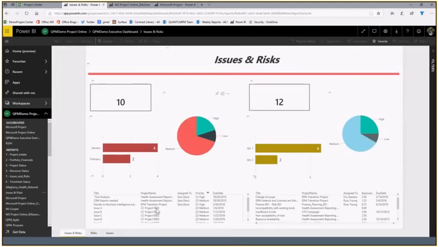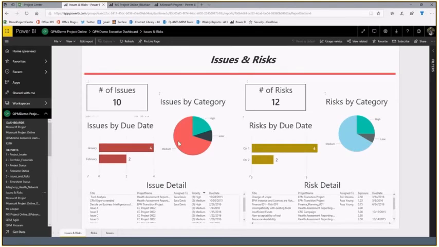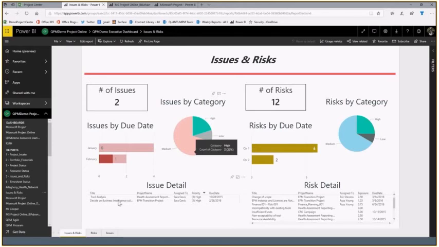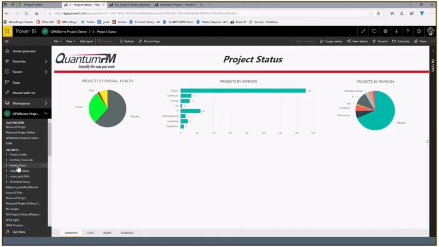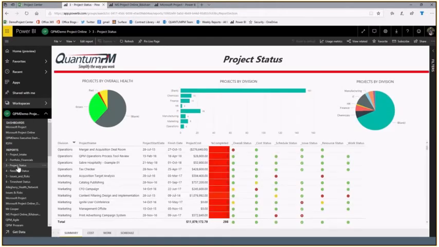And I'll be able to look in more detail at what's going on there. So the idea here is to be able to very quickly, at a glance, find what you're looking for. I want to be able to see just the issues by this high category. And as I drill into that, it's going to give me that information and take it further down. So different ways of looking at all of the data in your system, and you want to make it just as quick and as intuitive as you can possibly make it.